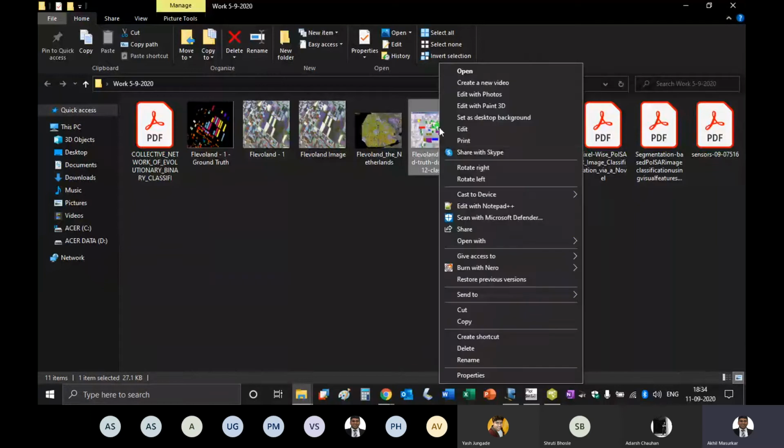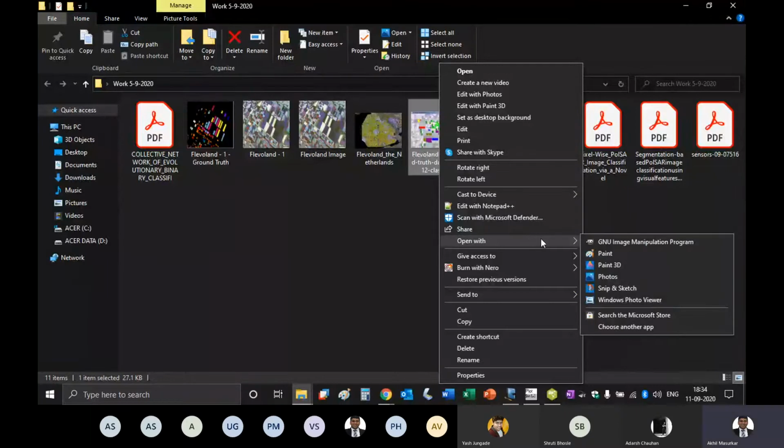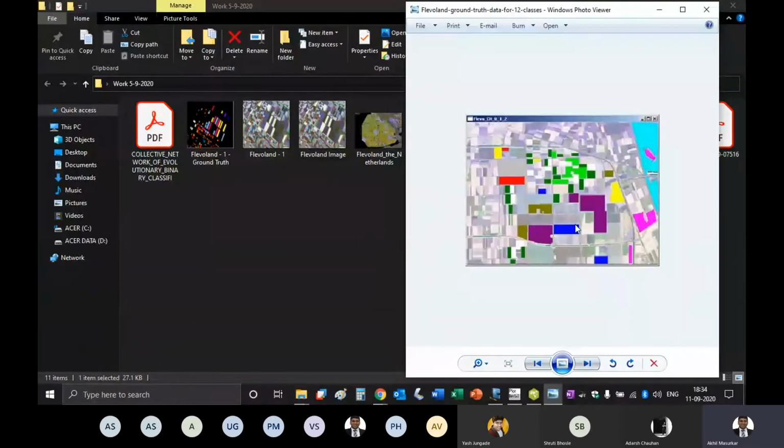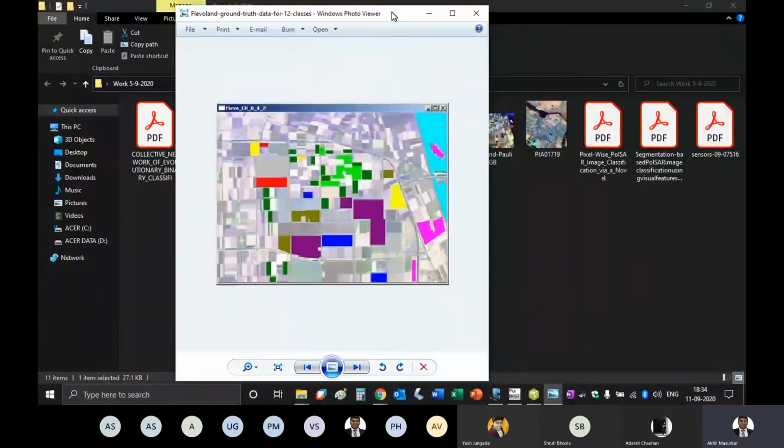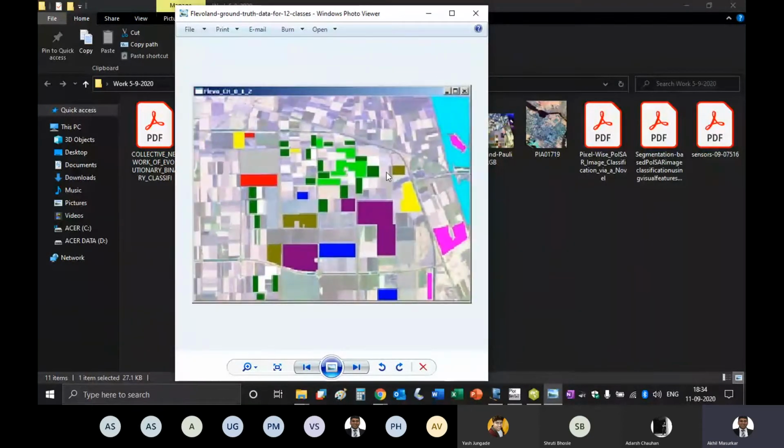Okay, so see, I'm going to send you this image in which this is the ground truth data. Ground truth means, here you can put one square, then here you can put another square, and another. So every color is one class. Every color is one class. So you can just put that.